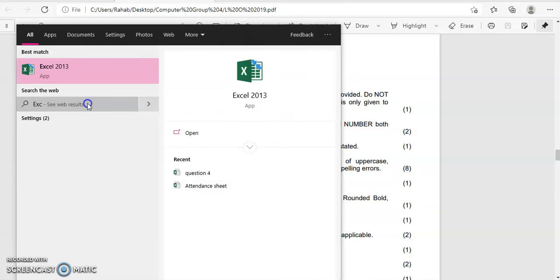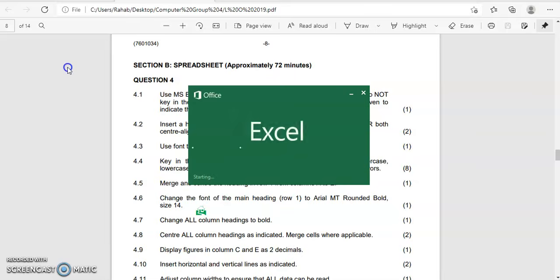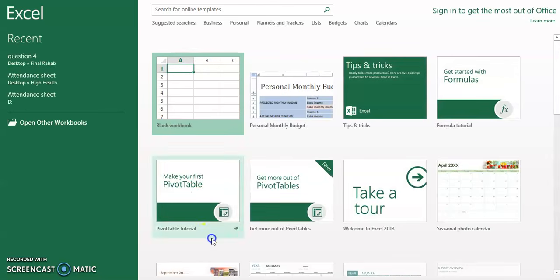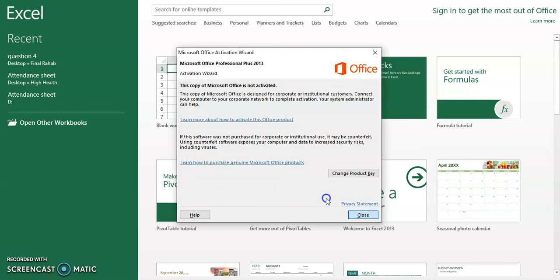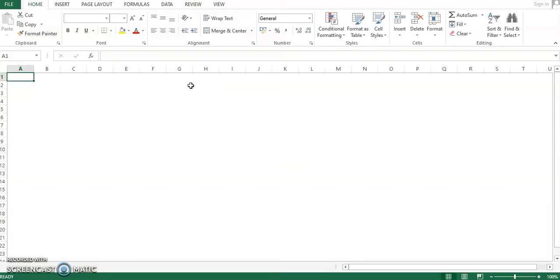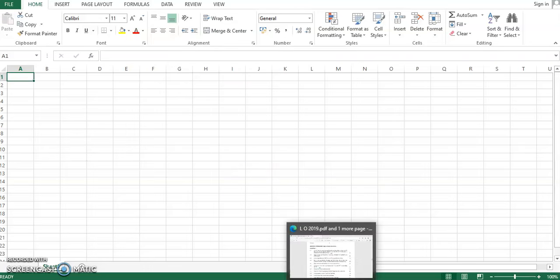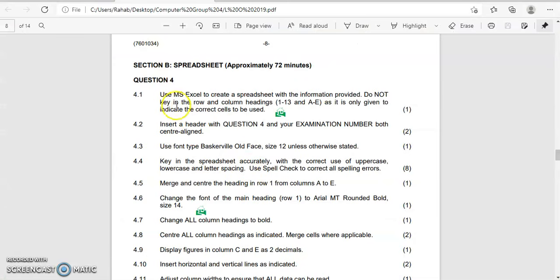And then this app is going to pop up. Just select it. It can be either 2010 or 2013, but for this device I have 2013. You're going to choose a document that is blank and not any other document, because you need to start on it right now. Okay, and then this is your empty sheet, and you're going to go back to your question paper. It says use